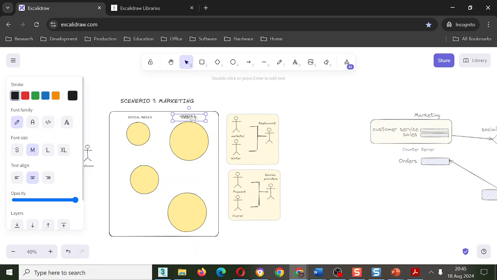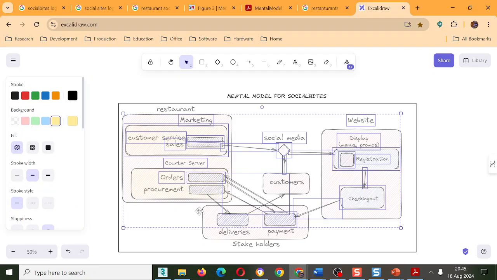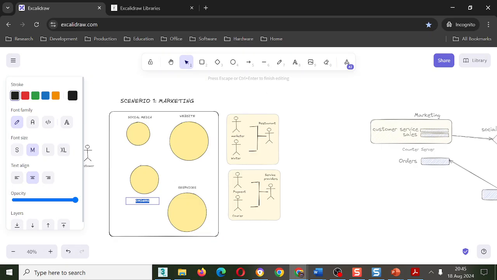You want to label this one as the services. And you want to label this one as the orders. What name are we using here? Counter server. Okay, counter server, where orders are taken.